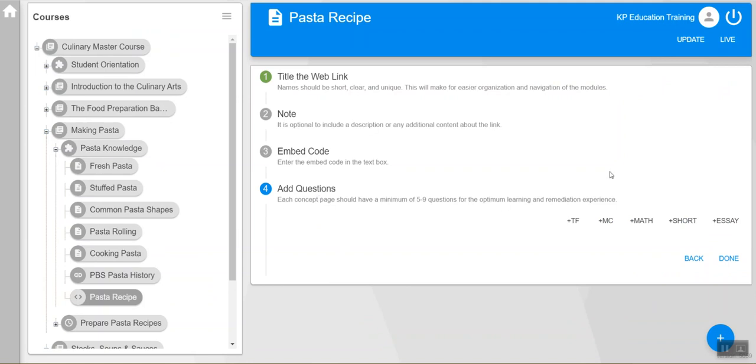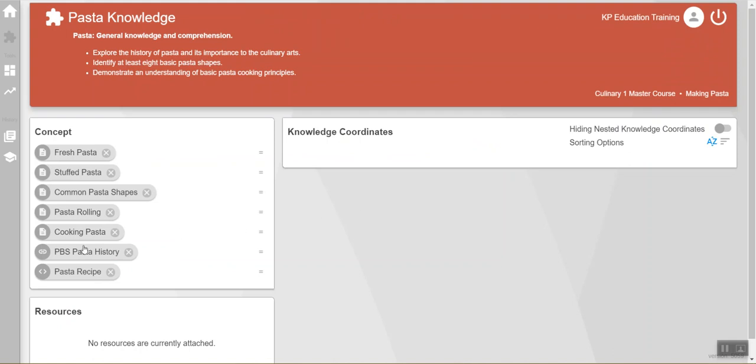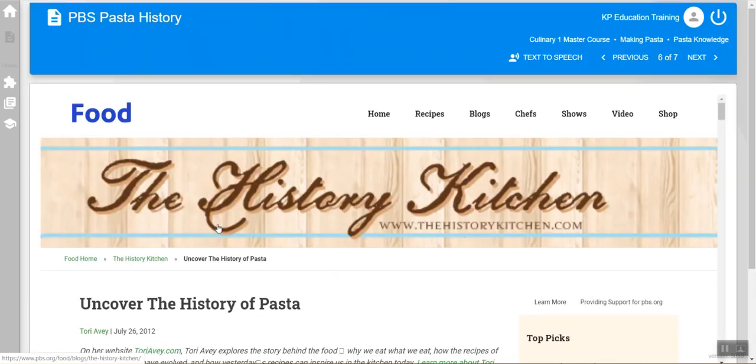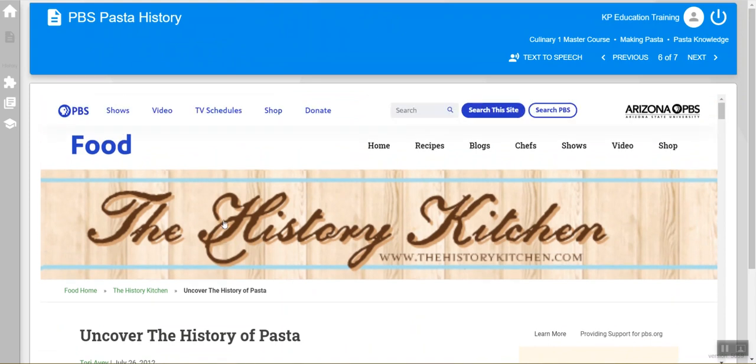Okay, now that I'm done with that, I could go ahead and click on back to the Pasta Knowledge page, and I click on live, which will bring me to a live view, and then I can see how it looks like. Please note that not all websites can be put into our system. Some websites actually block the ability to do this, so you need to test it out and see if it happens. But this is the quick and easy way to add websites and videos from other sites and put it